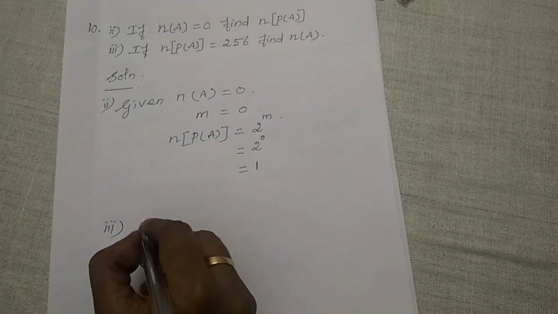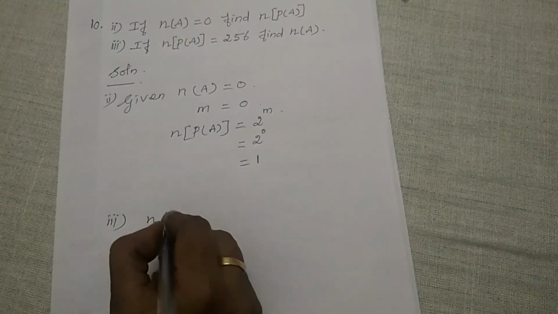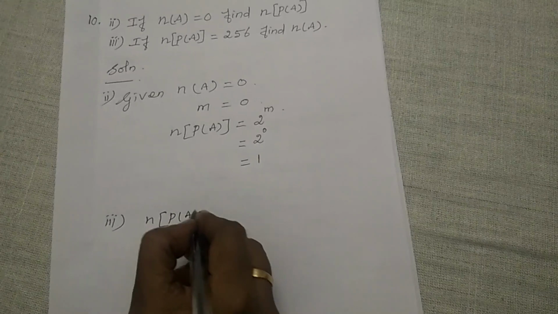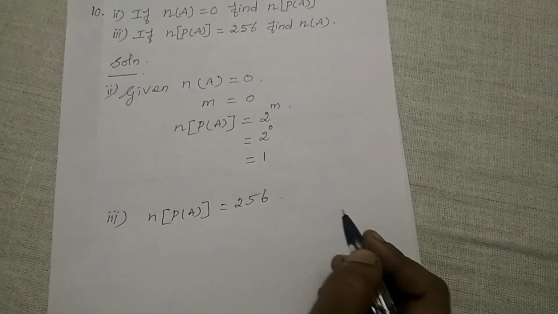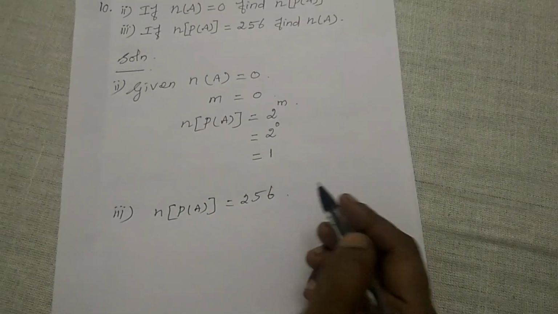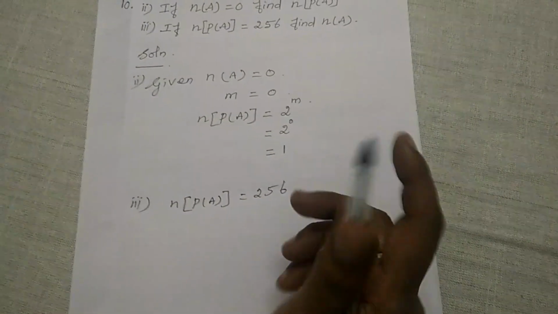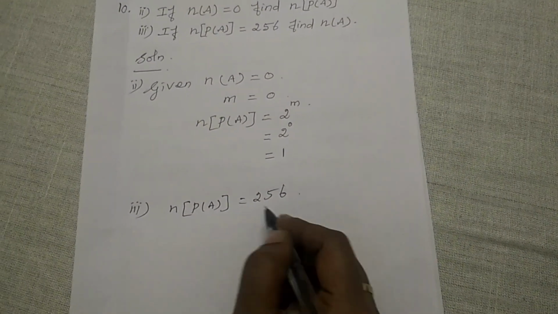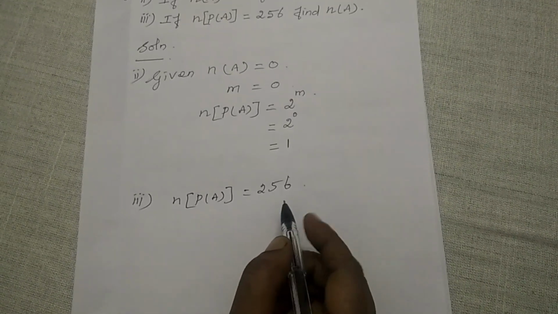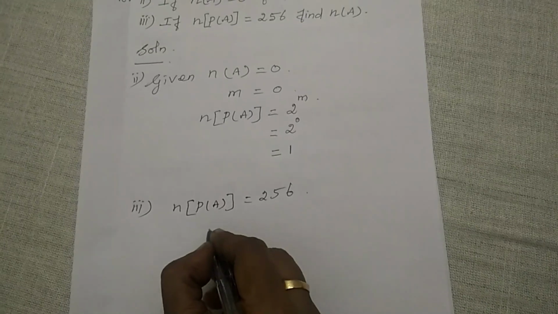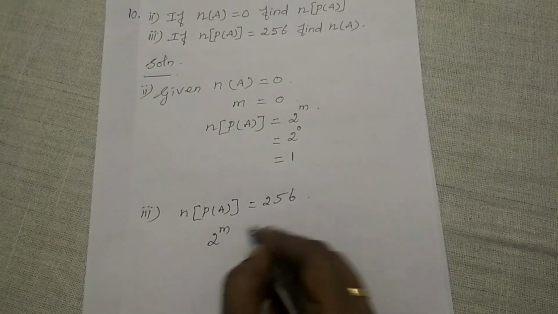here given n of P of A is equal to 256, then find n of A, the number of elements you should find out. Okay, then n of P of A is equal to 256, the number of subsets is given. Then for the number of subsets, what's the formula? 2 power n is the formula. Okay, then 2 power n is equal to